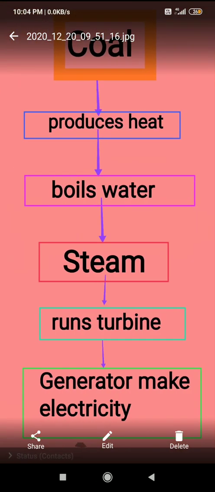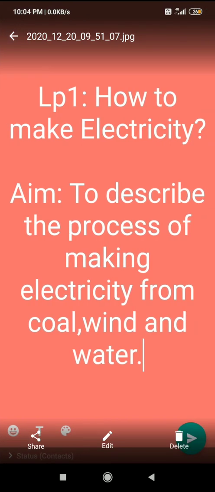Here students, tell me, how do the fan or light work in your home, right? And in the school also you can see so many other applications, like AC, right? In offices we can see AC. So many more applications. How do they work? Yes, they work due to the electricity. So what is electricity here? Where do we get this electricity from? How is it made? These all questions may be in your mind. So to solve all those problems, today we are going to learn about how to make electricity, right?